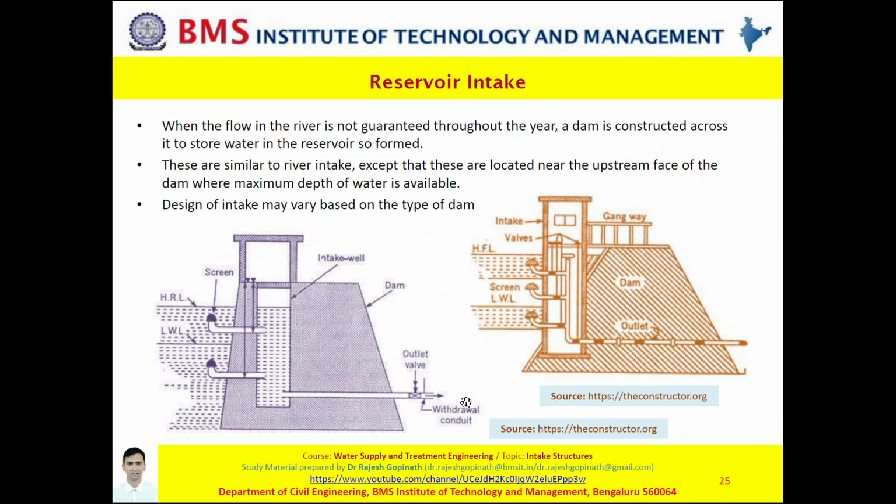Now if you look at the image on the right hand side, it also receives water through the bell mouth entry, but this dam does not have an intake well, that is it does not store water inside it. Okay, so you may consider it as a type of dry intake, while the image on the left hand side is a kind of wet intake. Okay, so in this image on the right hand side, the water enters via the bell mouth, which has a fine screen attached, into pipes. Okay, and then from these pipes it goes to the conduit which leads water to the water works.